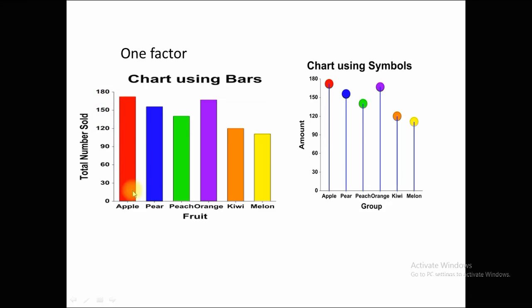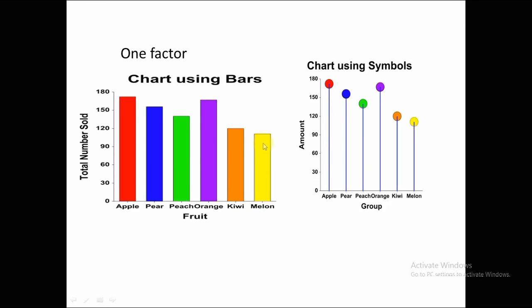Now there are different colors which represent fruits: apple, pear, peach, orange, kiwi and melon. So the first bar represents apple and the total number sold for the apple. Similarly, this bar represents the total number sold for pear, and this bar represents the number sold for peach, and this for orange, and this for kiwi, and this for